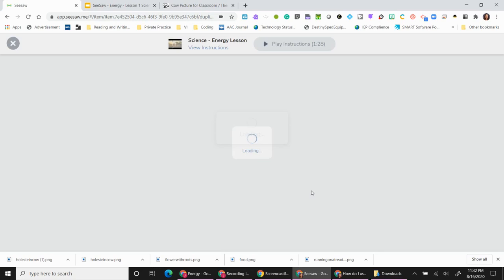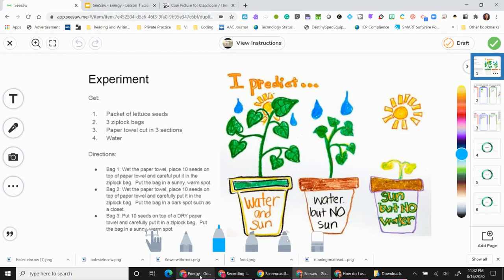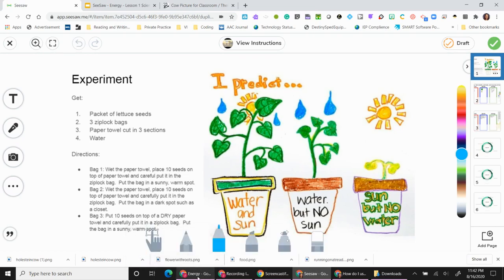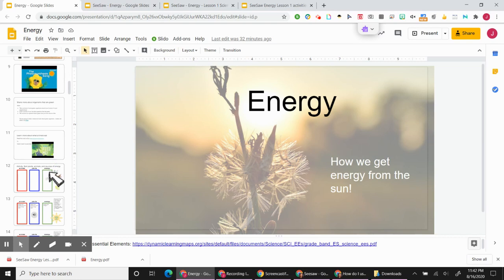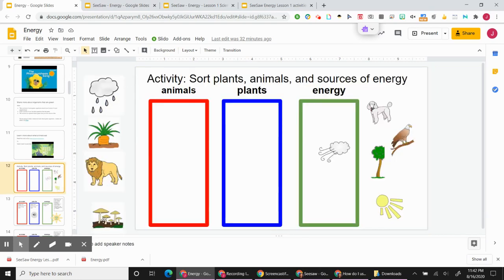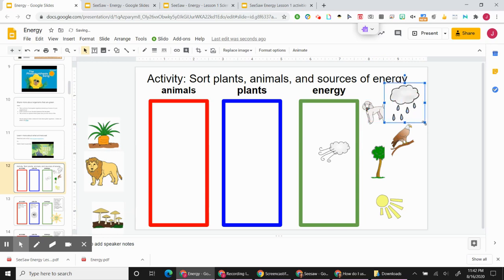So if you just want to create and save your original energy lesson, so let's say I want to save this with all of the images on the slide. So you would need to drag all these images onto the slide. But if I wanted to do this and have all the images here,